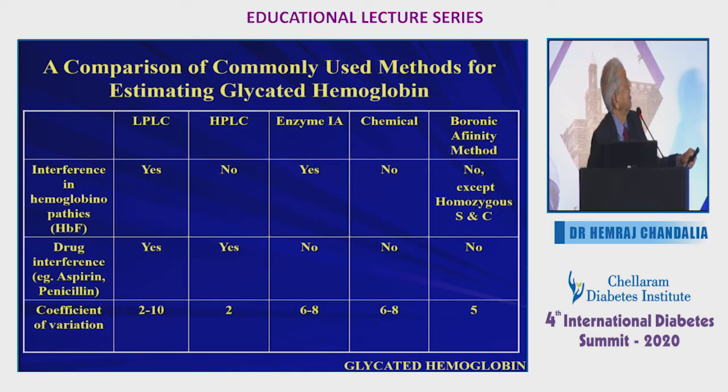The interference of different substances, especially hemoglobinopathy, and what we call charged molecules of drugs. If the drug has ionic charge, after all, with any chromatographic method you can get changes because of the charge of the molecule. And therefore, you'll find some drug interference in some of the methods, and of course, the hemoglobinopathies will alter some of the methods. Hemoglobinopathy is altered in two ways.